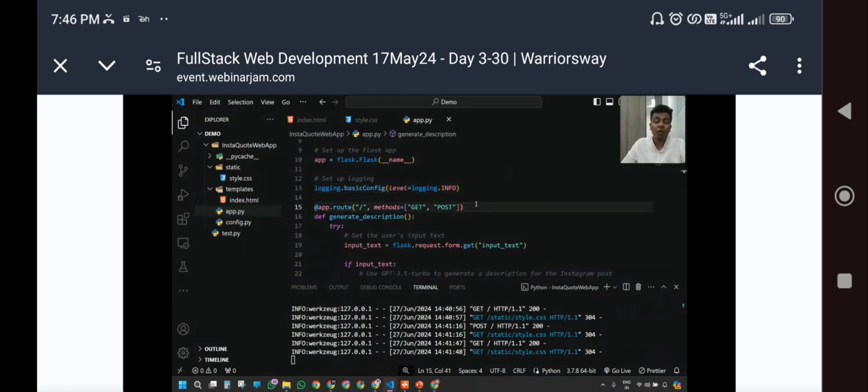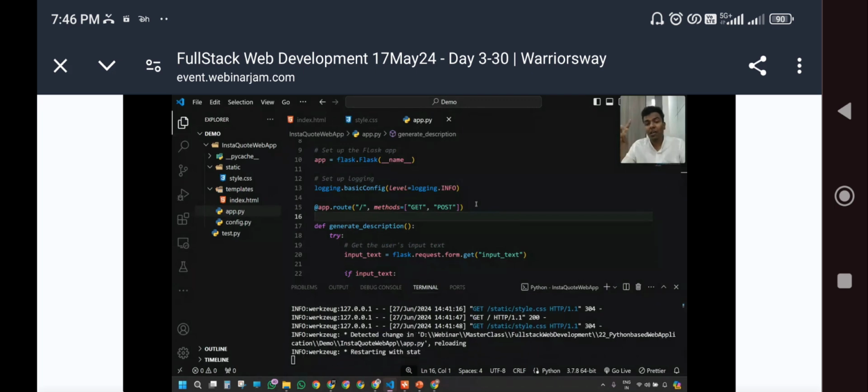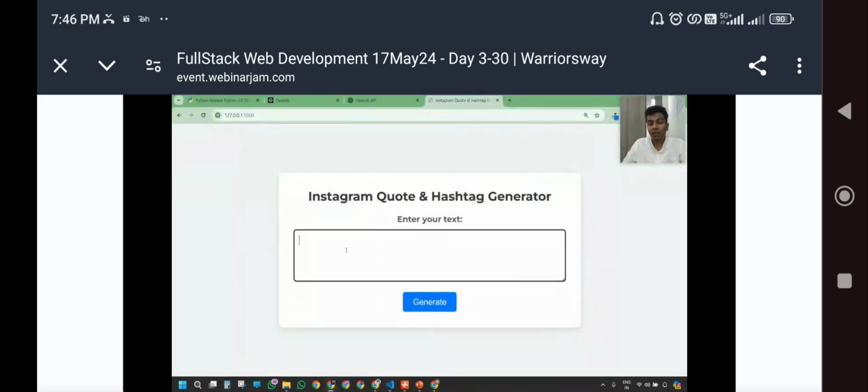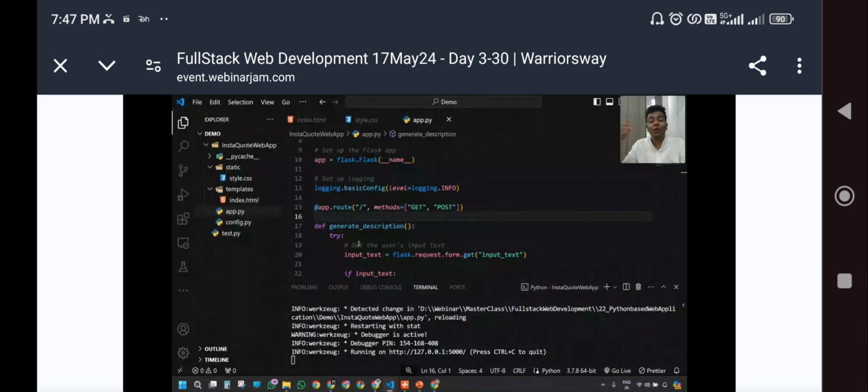And once it has been done, now we are going to use two methodologies on the routing. What are the two methodologies? One is a get method, another one is a post method. Why are we using these two methods? From this application, when people are typing adventure or something, this input with the default prompt which you have given in the code needs to be appended together, and it should be posted into the API. To put the content into OpenAI, that is done with the help of the post method. And OpenAI will give you the quote and hashtags, right? That is going to be fetched with the help of the get method.